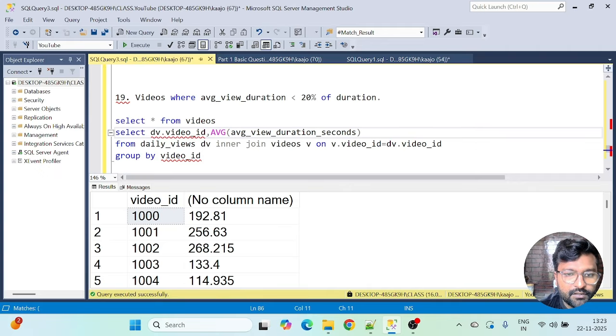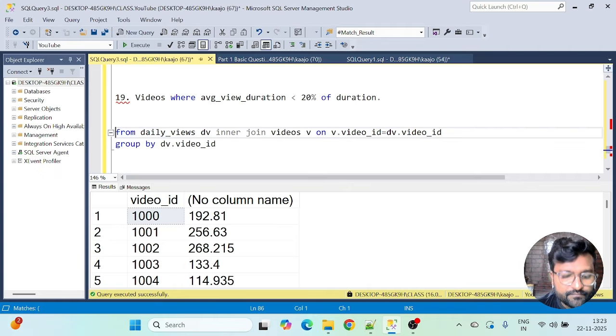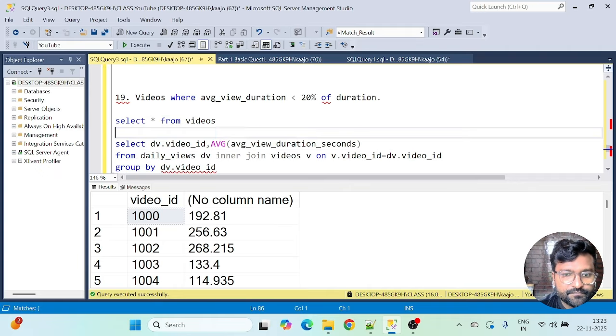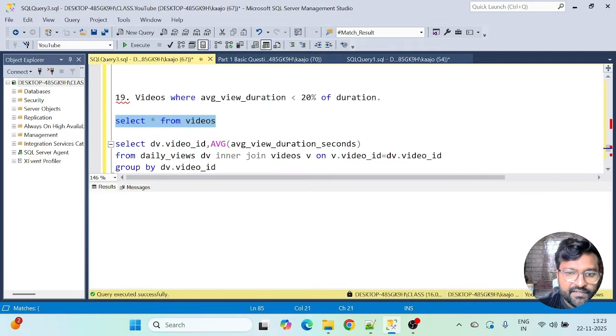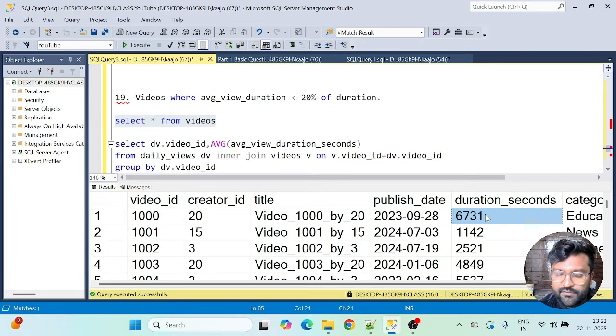Group by dv.video_id, that is fine. And now we have to get that column also that I needed. The column here is duration seconds, I guess. Let's get that column here also. And because I'm grouping by, duration seconds will always be unique for a single video, so I can include that in the group by.